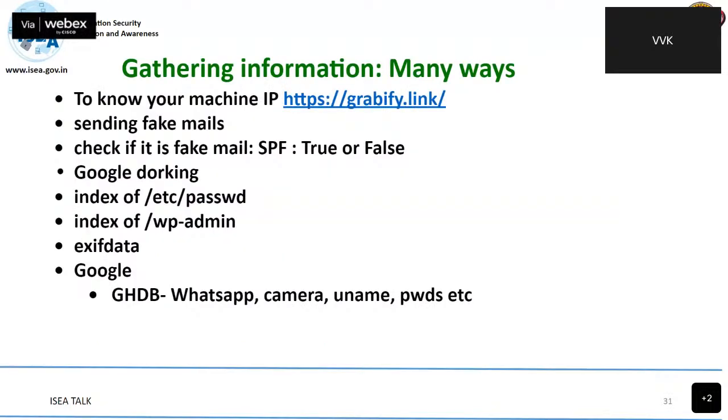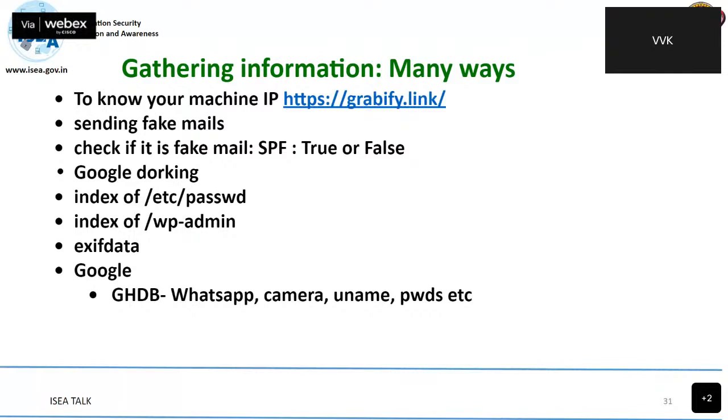How do people gather information? They may make use of many tools available. There are commercial tools, there are free tools available. So somebody can send you a link, and that link, when you click on it, your data will be collected. Lot of information about your device, your softwares, your version will be collected.